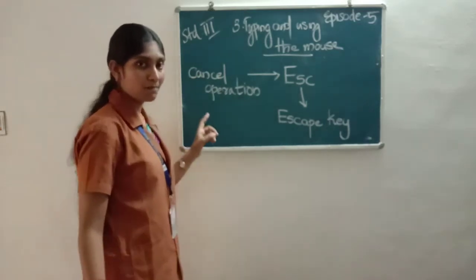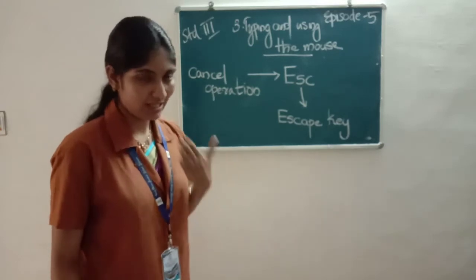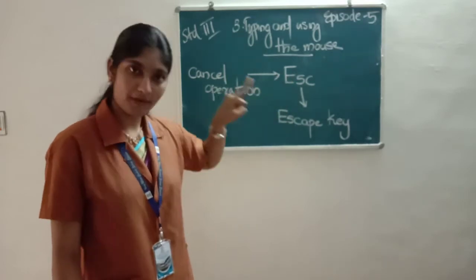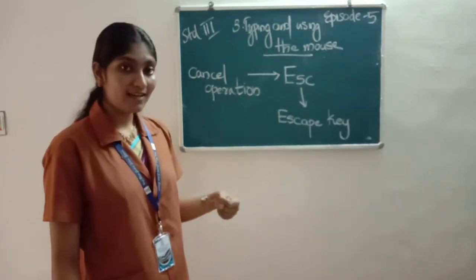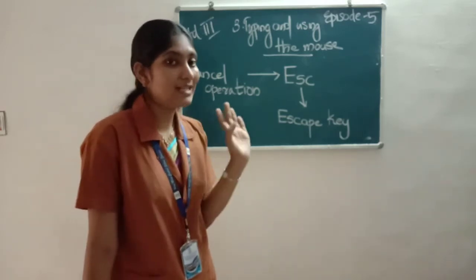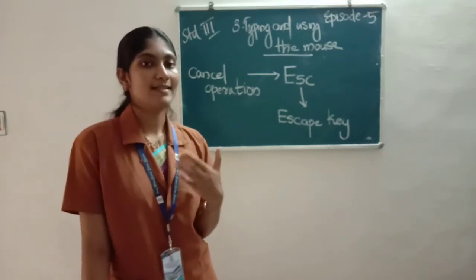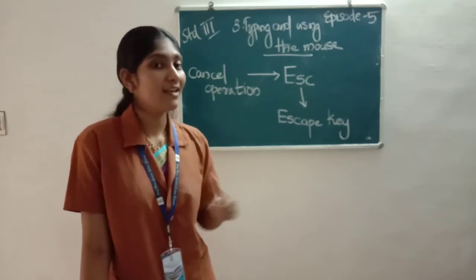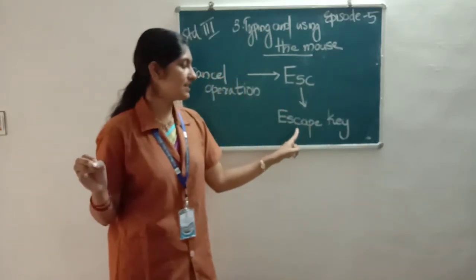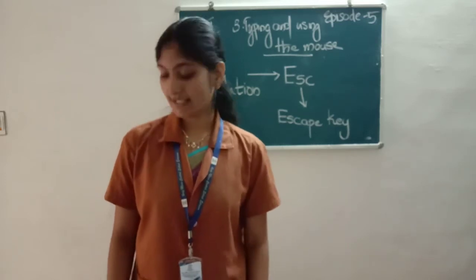So if you open any application by mistake, but you want to close that application immediately, then you can press which key? Escape key. So press escape key, you can close the application. So the question is, name the key which is used to cancel some operations. Escape key. How can we write it? ESC. ESC means escape key. Then next type of key is